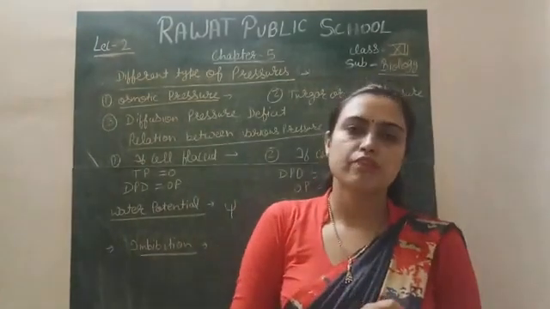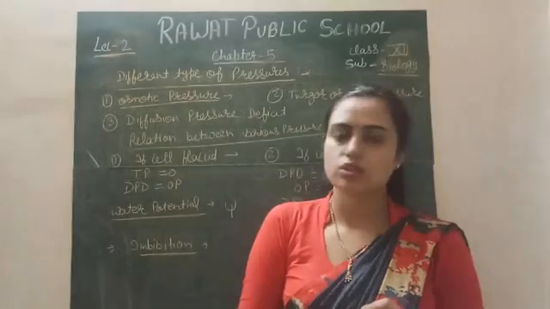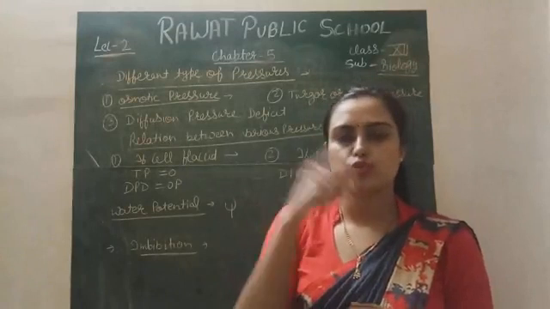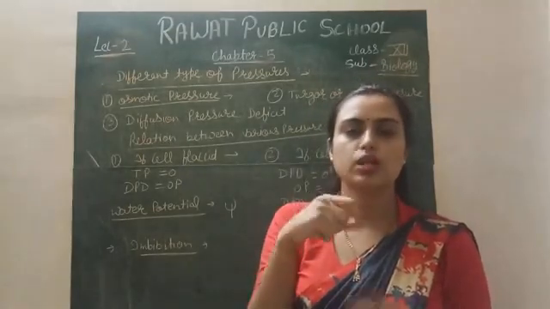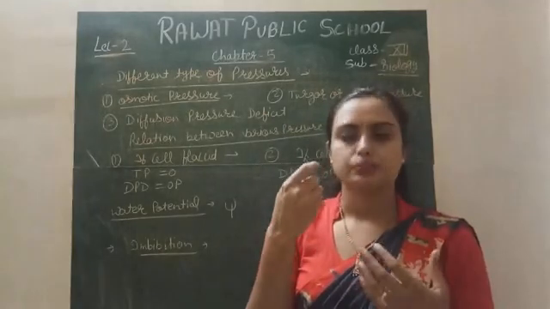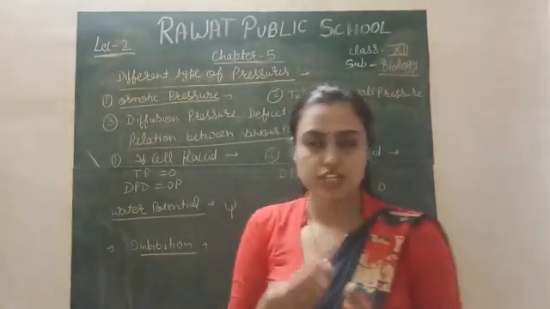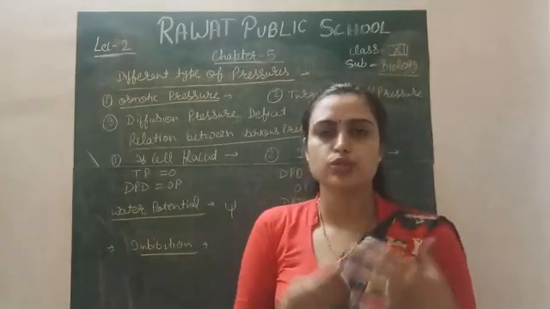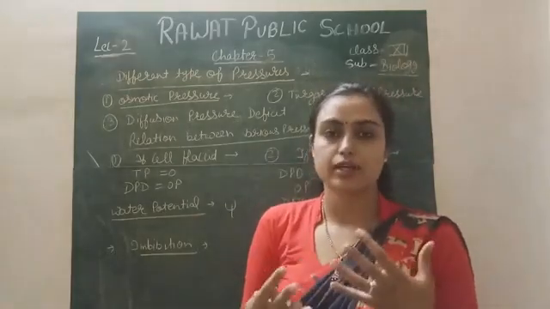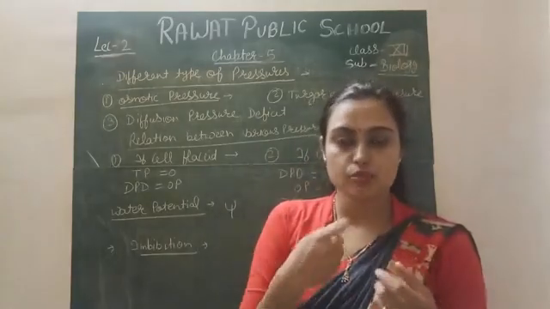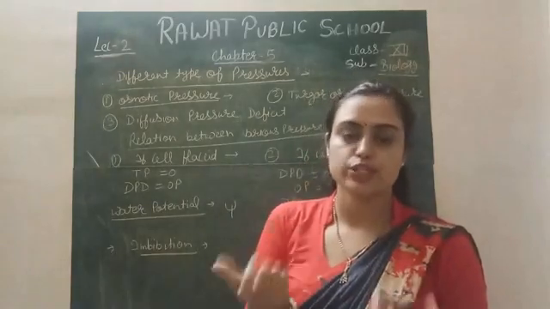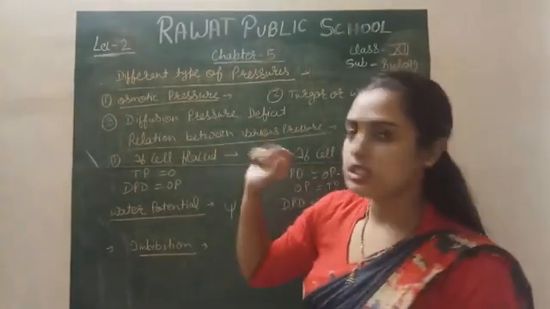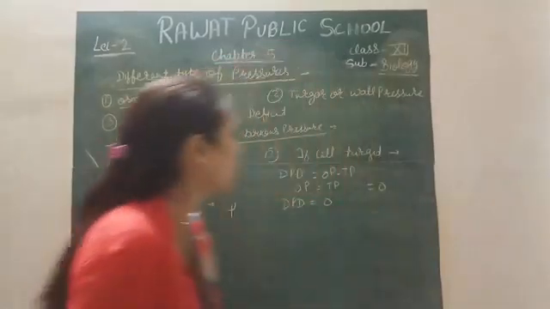The diffusion pressure deficit is maximum in pure water, because there are no solute molecules present in pure water. When you start to dissolve solute molecules into the water, what will happen? The pressure generated, called the DPD, becomes decreased due to the solute particles, because these solute particles prevent the movement of water molecules into and out of the cell. Now, what is the relation between these three pressures?